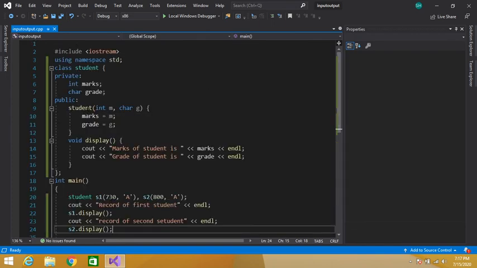Simply write the name of your class, then write the number of parameters you want to pass to your constructor, and initialize these parameters in the constructor body. And here I have created this display function simply to show the values of these data members.